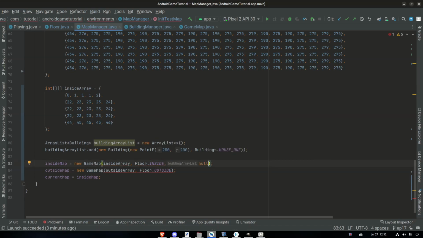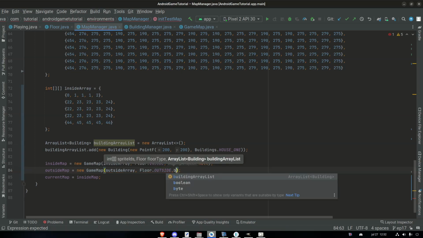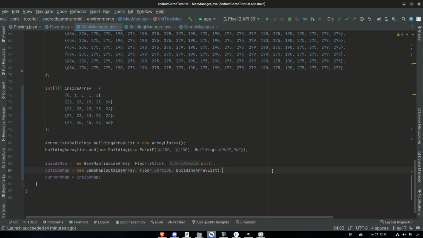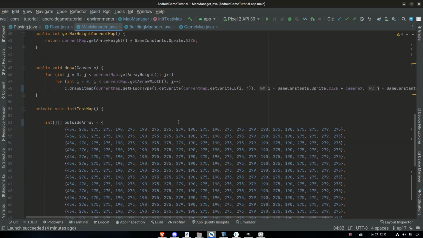We're inside, we're already in a building, we don't need any building array list. This is going to change most likely how we add buildings into the game, but it's a step in the right direction at least. And for our outside, we're just going to add this building array list into the constructor. Beautiful. Now we just need to draw it,